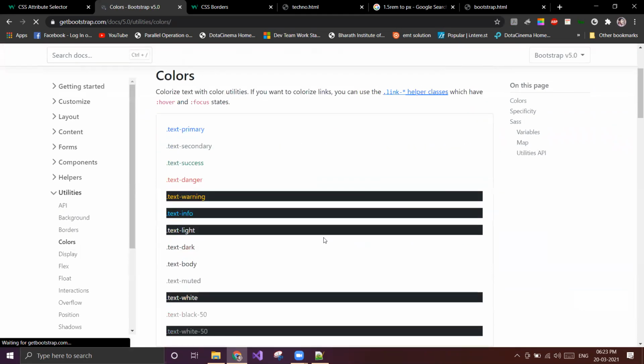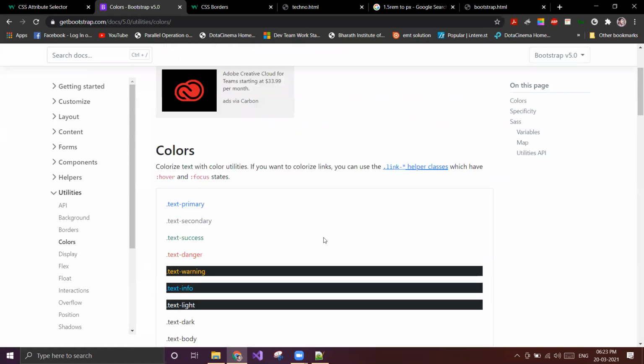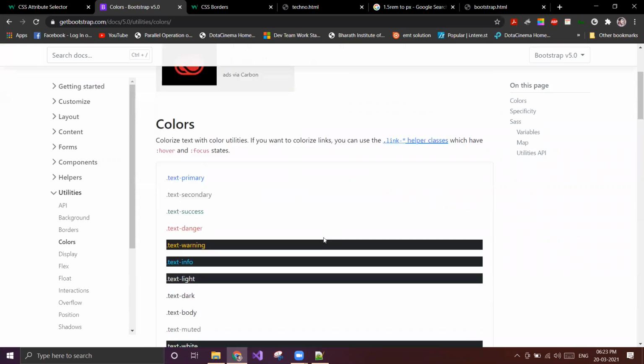Then colors. So till now what we saw was the color of the background, BG color, isn't it? BG primary, BG secondary, but that is not for text. If I want to change the color of the text, I can't use BG color. If I use BG color, its background will be changed, not the text. So for that, we have these colors.